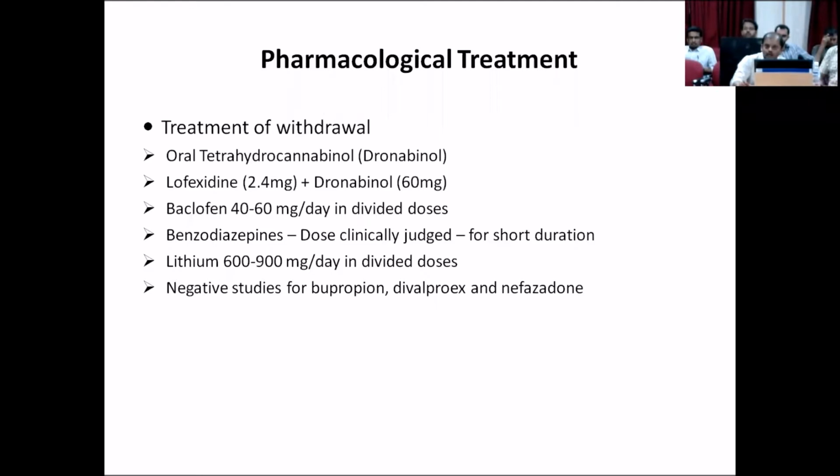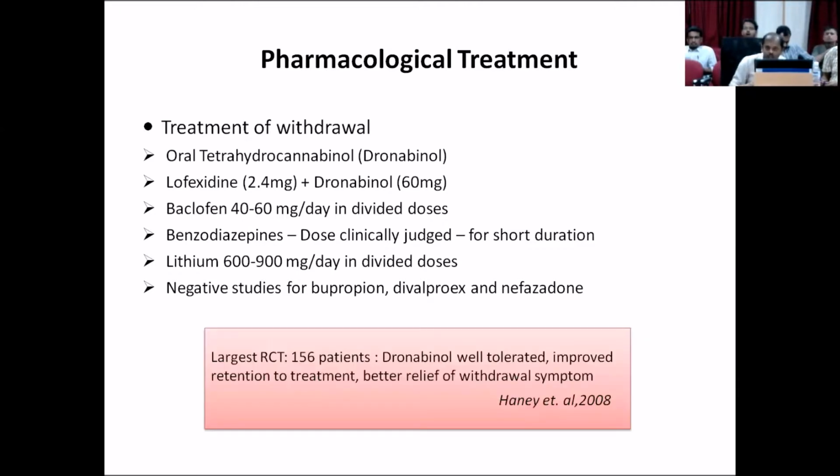Also, all medications have been tried, from agonists like oral tetrahydrocannabinol to lofexidine, which is a clonidine-like agonist of the alpha-2 receptor, to baclofen, benzodiazepine, lithium. The largest study has been the largest randomized controlled trial, where there was a combination of lofexidine and dronabinol. It has proved that it is efficacious, and dronabinol in the long term is also safe and better tolerated, though